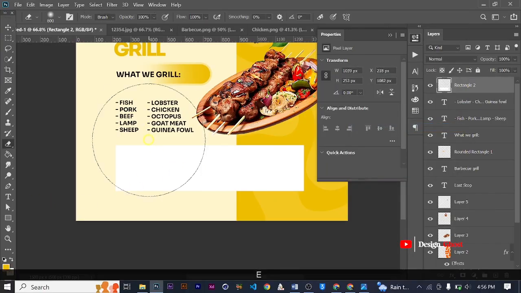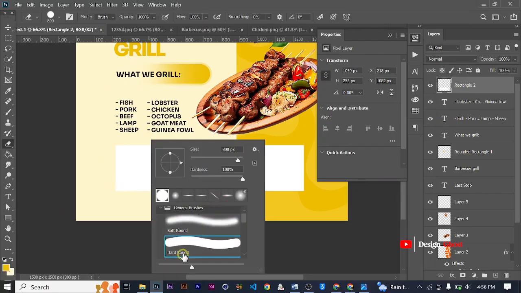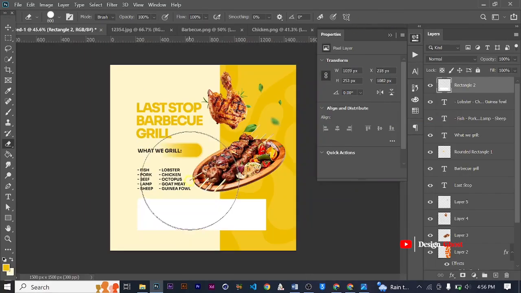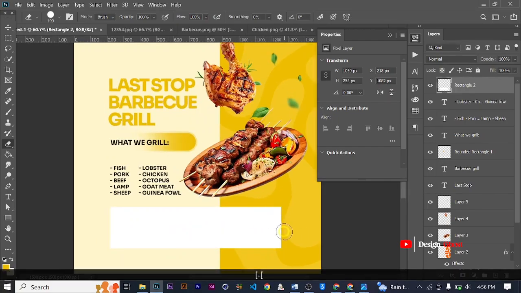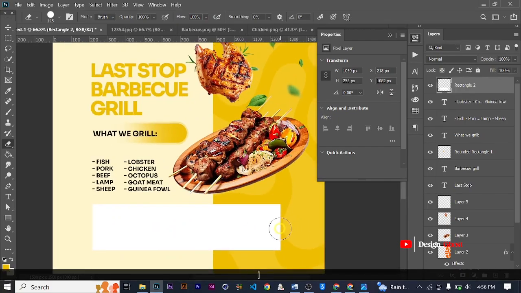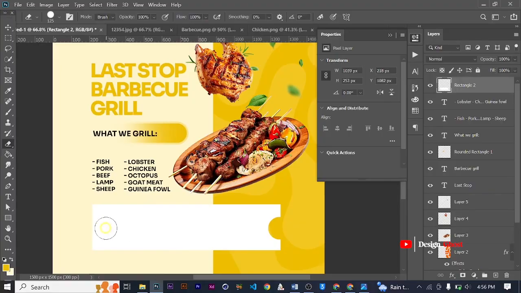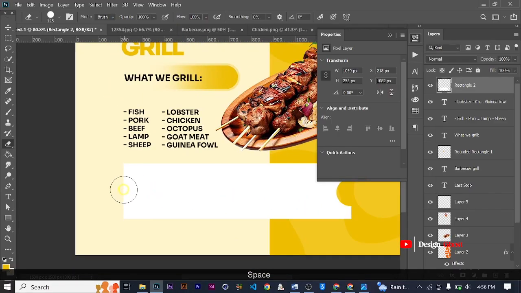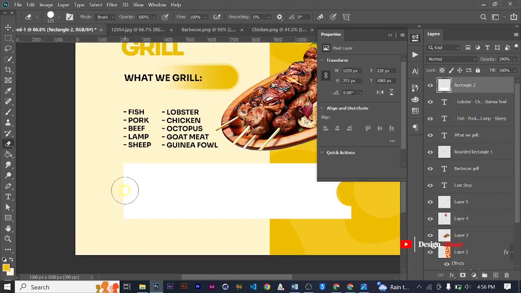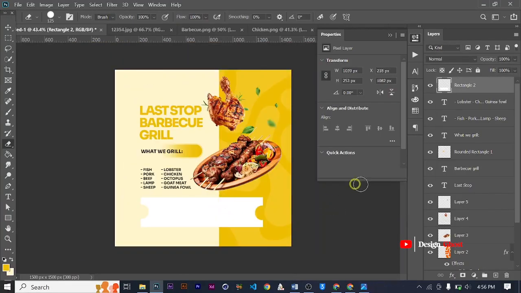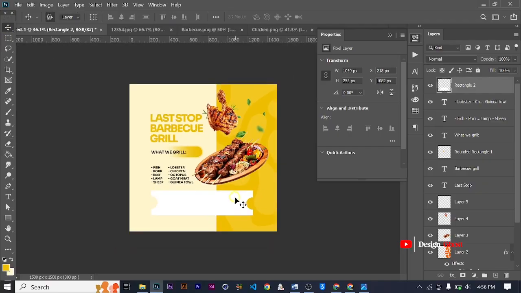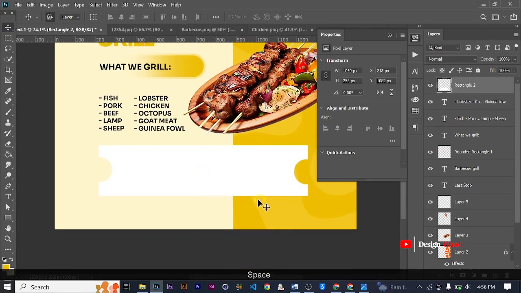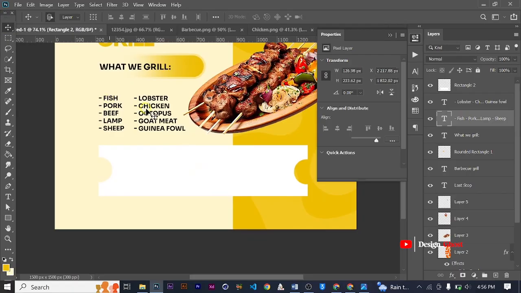Grab my eraser tool and I want the hard round. Decrease it, increase it a bit, and I'm going to cut this part, and I'm going to cut this part too. Let's do that again. So cut. Great. And so we are going to write inside, so we are going to duplicate one of these,